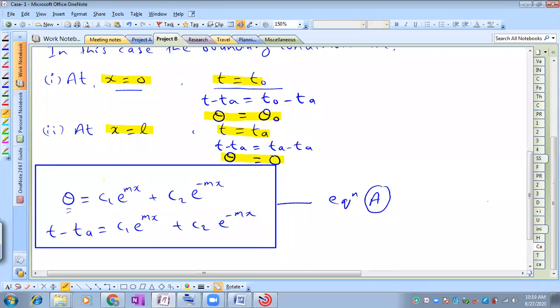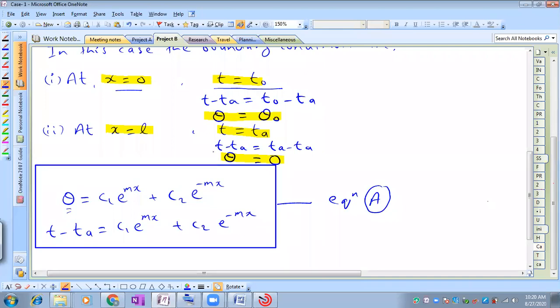So these three things we have to remember whenever we have a boundary condition. At x is equal to 0, T is equal to T0 and theta is equal to theta 0. Now what is theta? Theta is the unaccomplished temperature difference. It is not constant. It means if T is the temperature at the surface of the fin, if the location gets changed, my value of T will get changed. So this is the unaccomplished temperature difference, always a change of the temperature. Where theta 0 is T0 minus Ta, where T0 is the maximum temperature at the base of the fin. So it will give a maximum temperature difference.